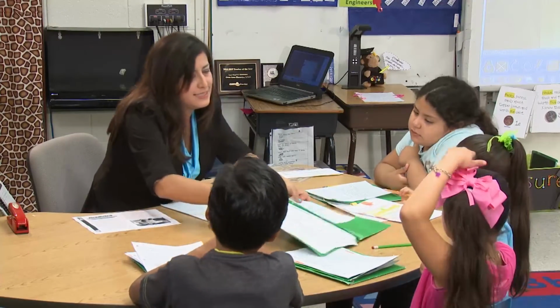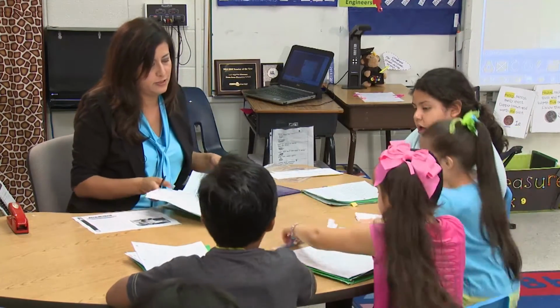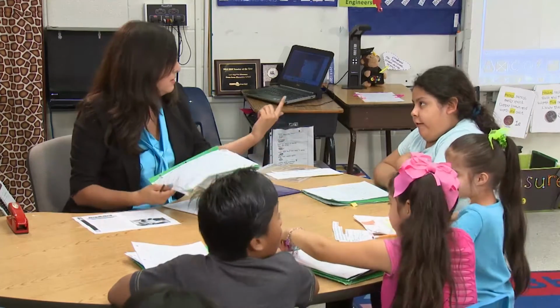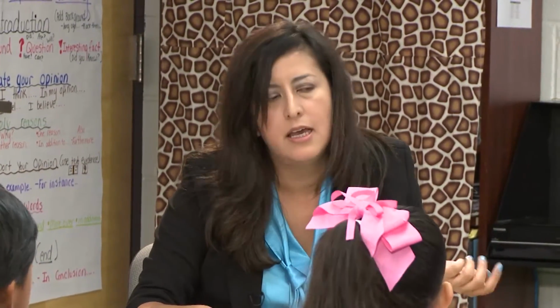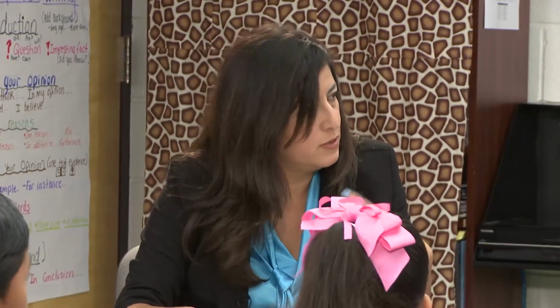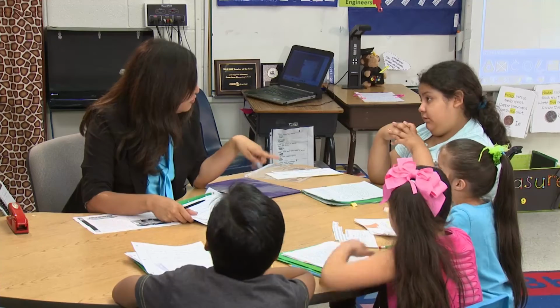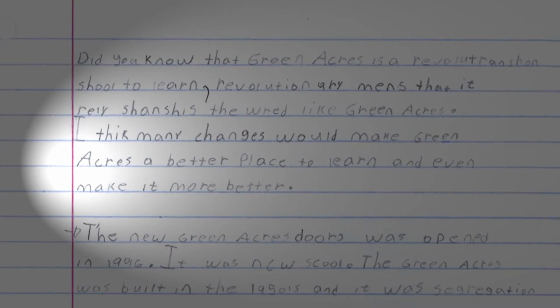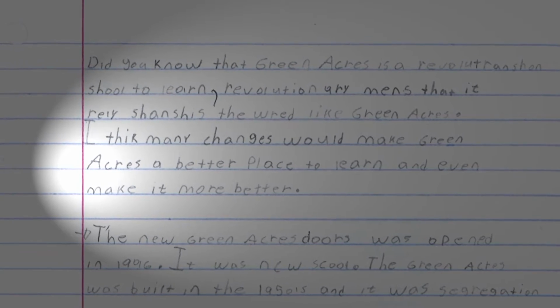All right, the second job is to see, for text evidence, then we talk about adding a little history to our writing, adding what you are talking about in your writing and the background information. So your topic is Green Acres. Did you add anything about Green Acres? How did it happen? Read your work and check just to make sure.